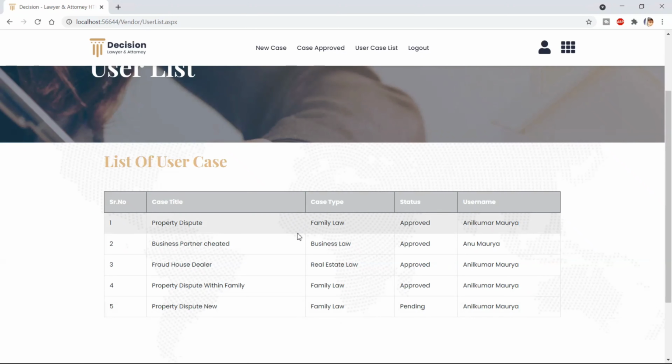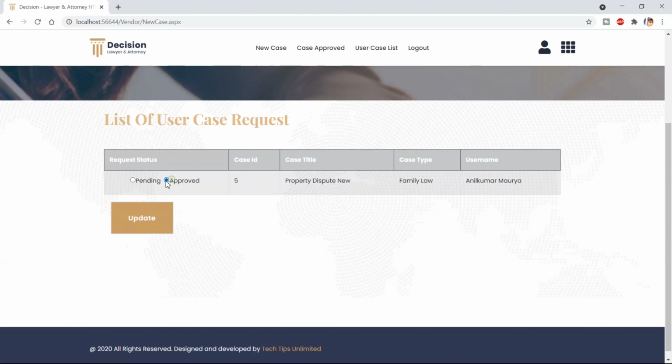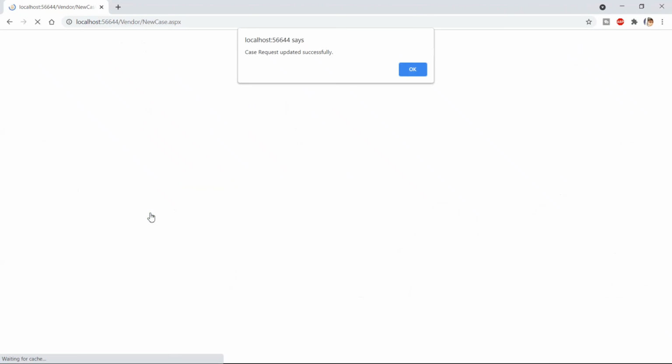You can see all the list of those records here. Every lawyer can see this list of records in their module. Okay, so in new case, let's accept the request.